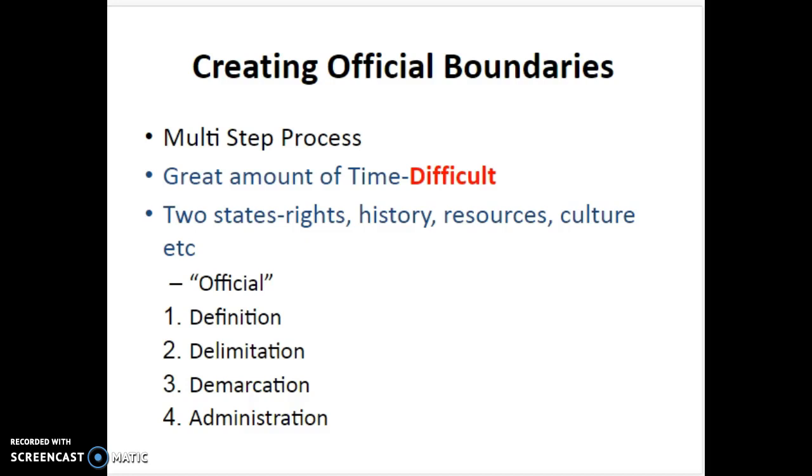They're living, they're breathing, they're changing. They come with their own backstory, their own history, their own culture. So you can imagine necessarily that trying to create boundaries between 2 states is a difficult process. It can take a long amount of time. You're talking about 2 different states in terms of their sovereignty or their power. And we also keep in mind that once boundaries have been negotiated, of course, that also requires the international community to be able to recognize how the boundaries are drawn so they can also interact with that space.